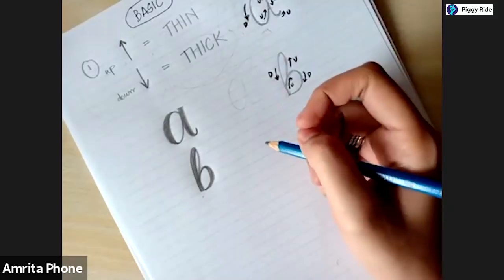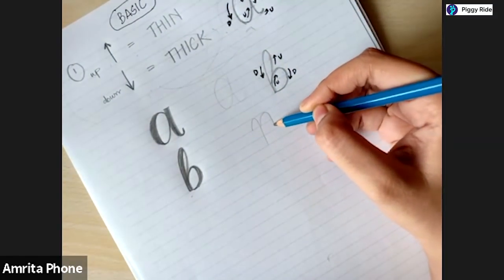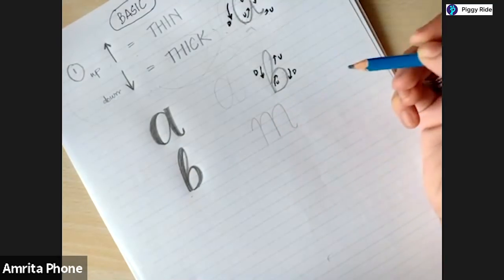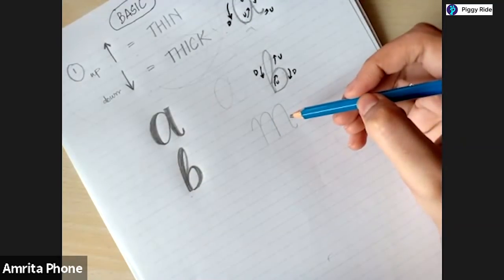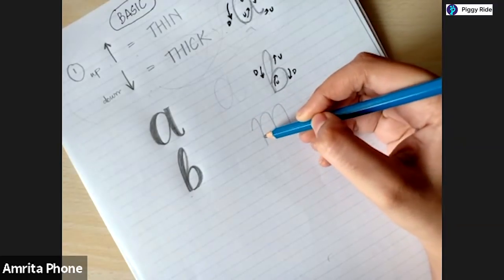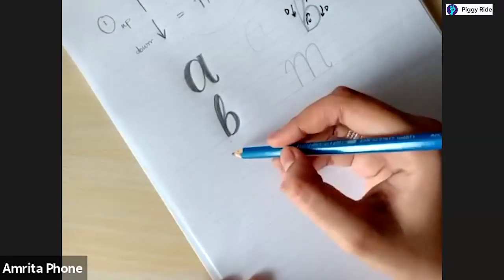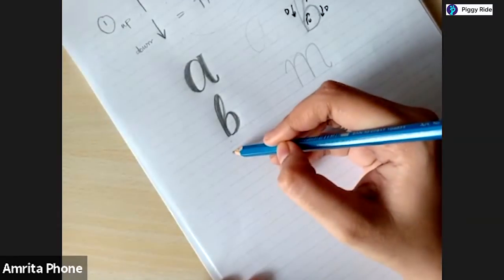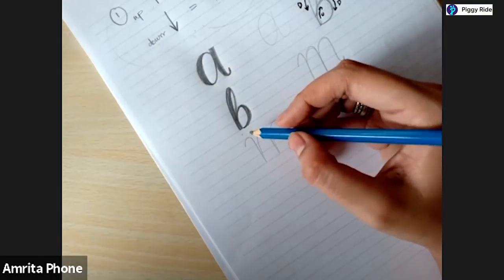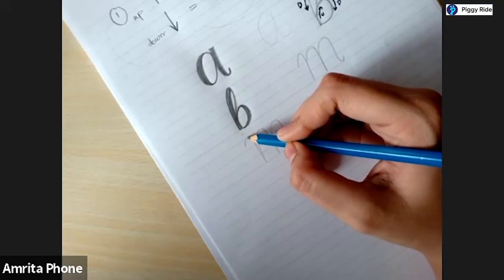So I'm going to start with an M. This is how you write a lowercase m, right? We went this way, we went this way, and we went this way. So I'm going to write the alphabet here again. Suggestions, guys? Thin, correct. Leave it. Yes, because it's thin, so we're going to leave it alone.